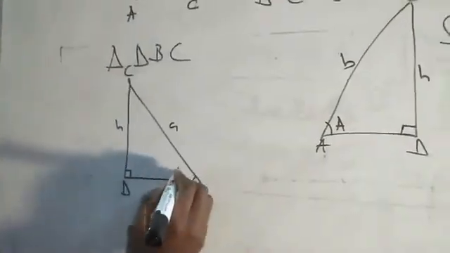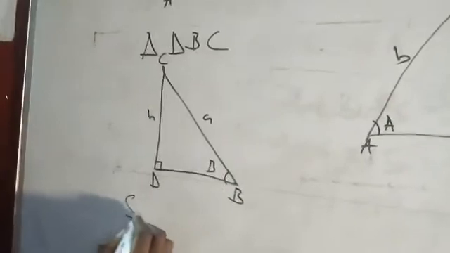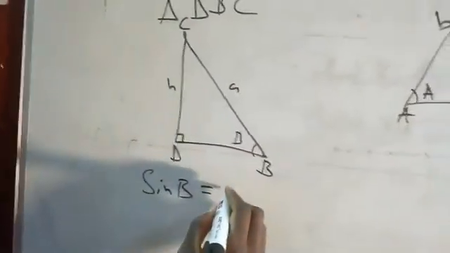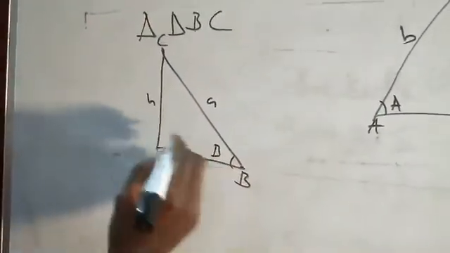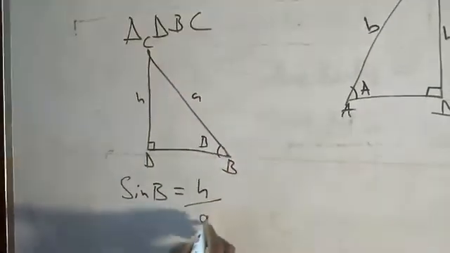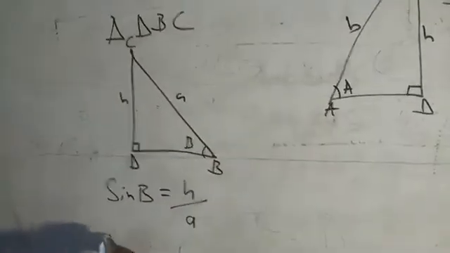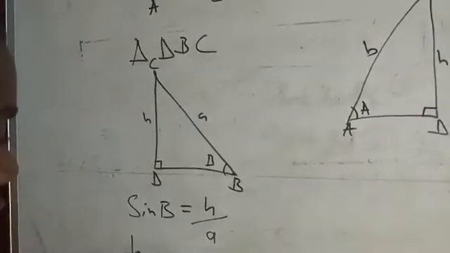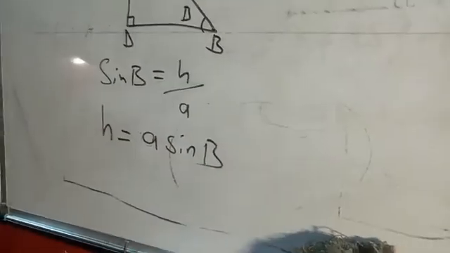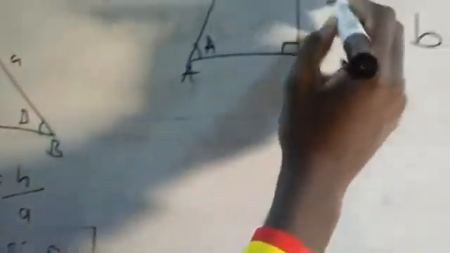So if we find sine B, it will be equal to the opposite, which is H, over the hypotenuse, which is A. In finding H alone, it will be A sine B. So we are going to use these different values of H here, and the same here, to substitute